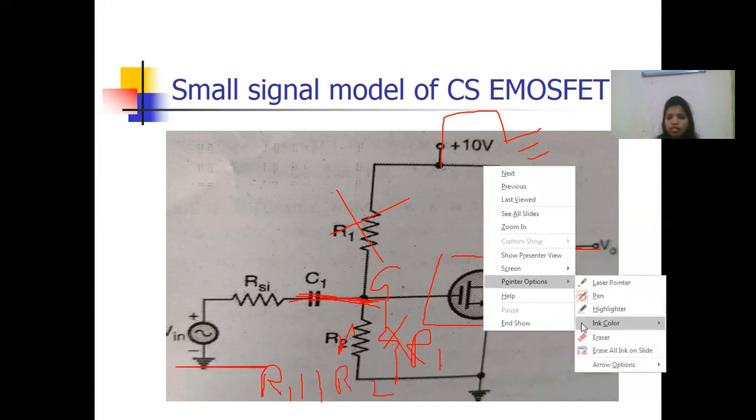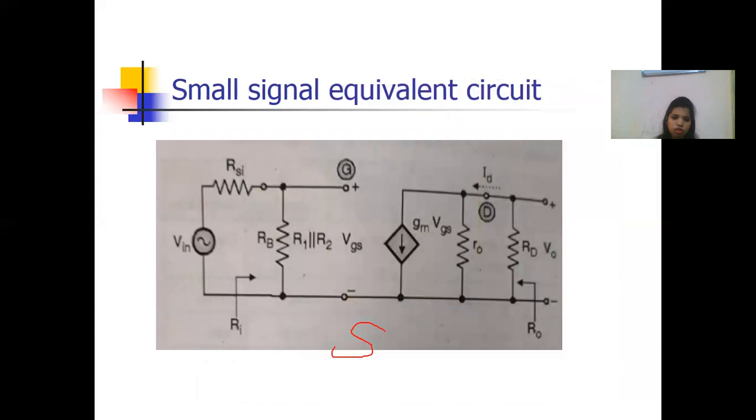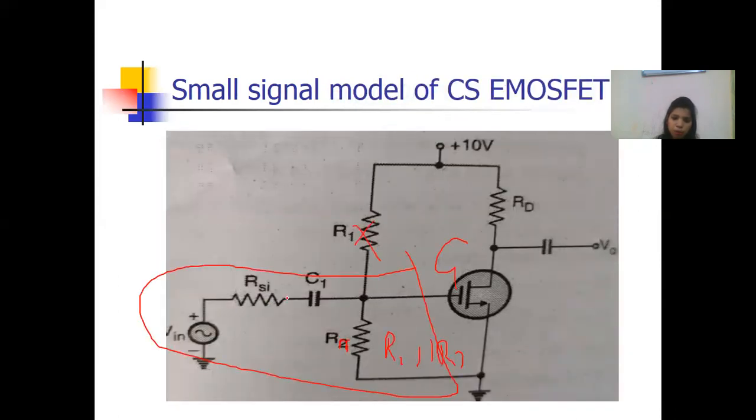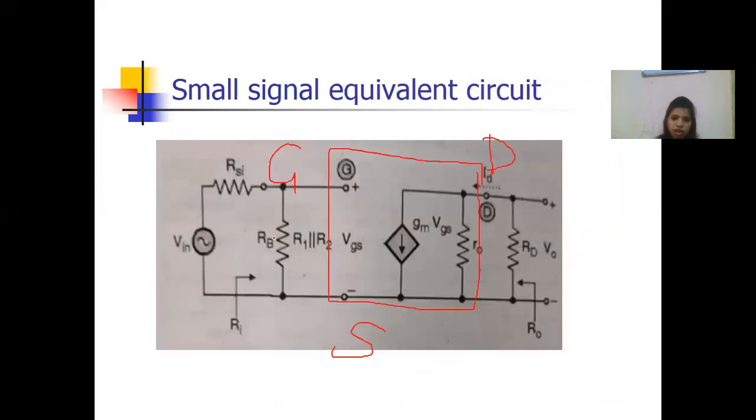Okay. So again, listen carefully. This is also connected to ground because in AC analysis, this is grounded. There is no DC. So I am crossing this and writing its normal R, and that R is equal to R1 parallel R2. Now this is the left part of the gate. We have to connect this circuit here to the signal. See here, the input signal, the capacitor is already short circuit, and your R. You can write it as RG, gate resistance. So this is your gate side.